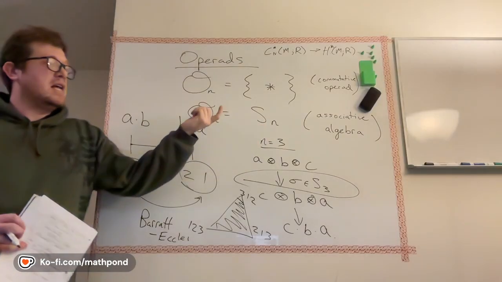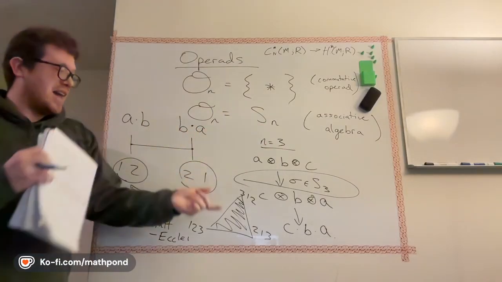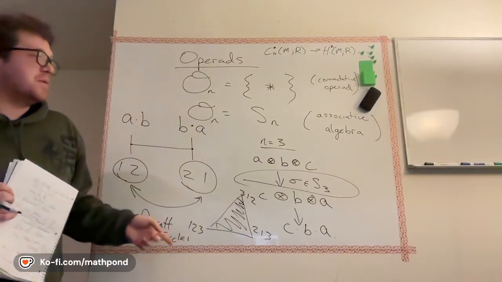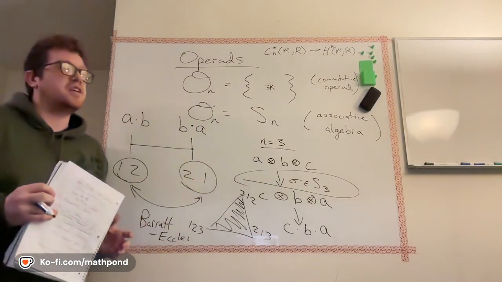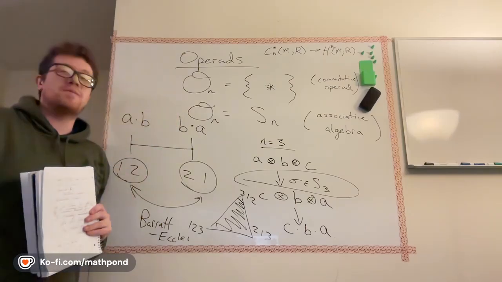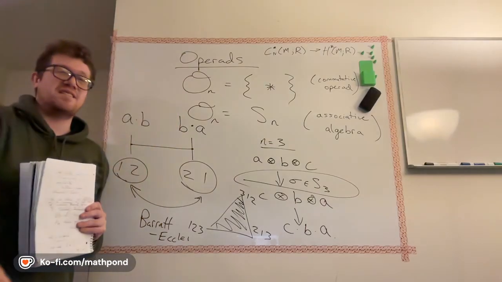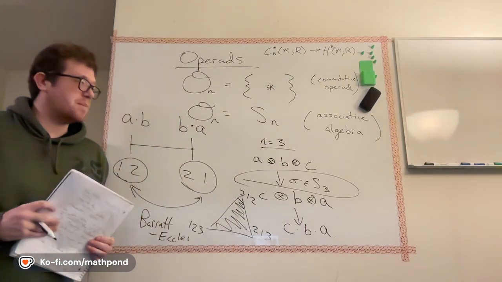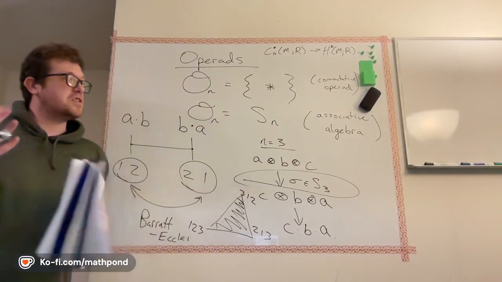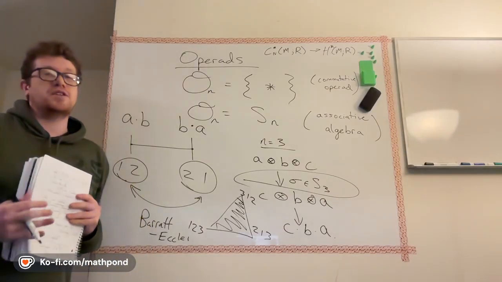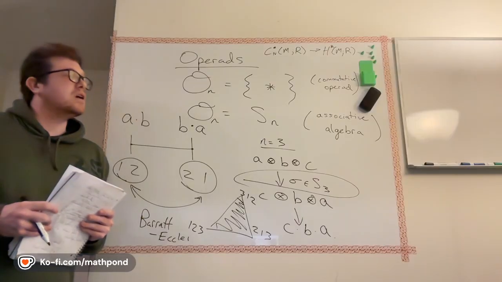So we take all the permutations, but then we add in all triangles that relate all the permutations, and 3-dimensional triangles that relate 4 different permutations, and there'll be 4-dimensional triangles and 5-dimensional triangles and 6-dimensional triangles all the way up. And these higher dimensional triangles, this space is just relating all the permutations in essentially some way